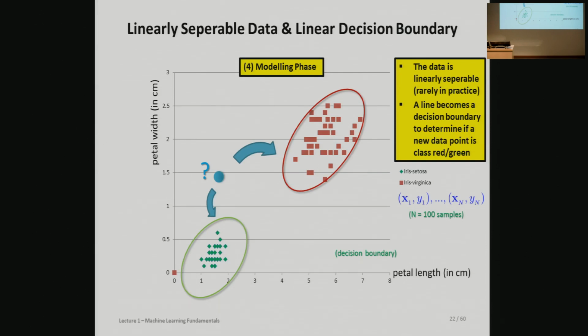If you have new points, someone measuring in the field, going out to the flowers and measuring and seeing, okay, we have a new flower which tends to be here. It's not exactly in this ring, perhaps, but still, is there something which can help us here? And this brings us to the idea of a so-called decision boundary between them.